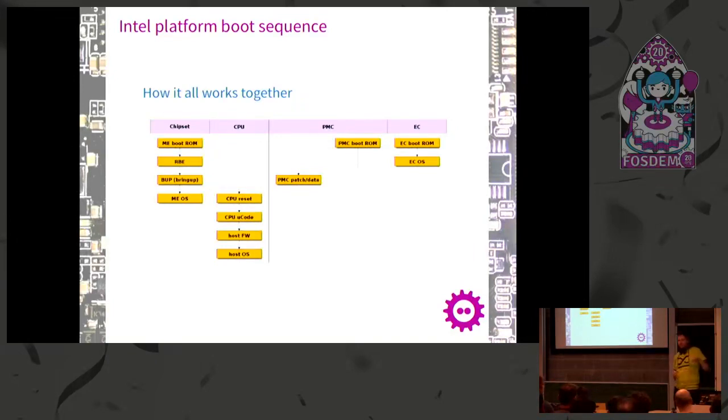And then side by side with that, there is another chip which is also integrated somewhere, the power management controller. It also gets firmware updates from the management engine part, from what I looked at. It can be that it also differs a bit on platforms, but yeah, if you want to look more into it, you might figure out differences. And then there is the embedded controller, which is really just running side by side in a way, but it's also still connected to everything. So you also have to be able to talk to the embedded controller chip.